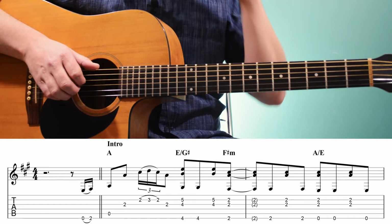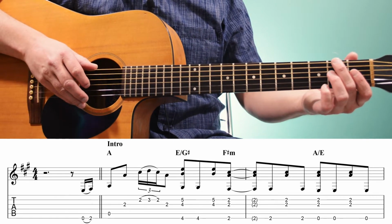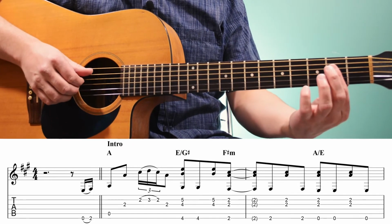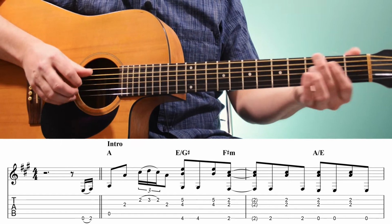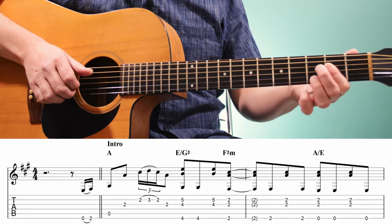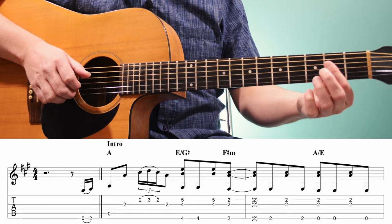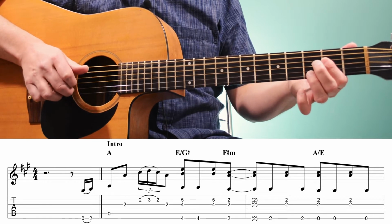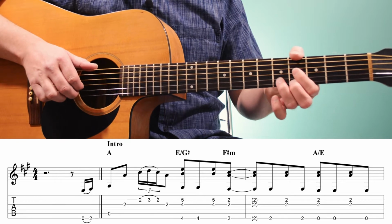Alright, so the song starts out open, hammer on the second fret of the 6th string, followed by an open A. And then we hold our A bar chord, and we play the 2nd fret of the 3rd string. And then we're going to hammer on, pull off, 2nd, 3rd, 2nd fret of the B string, followed by the 3rd string, and then we have this